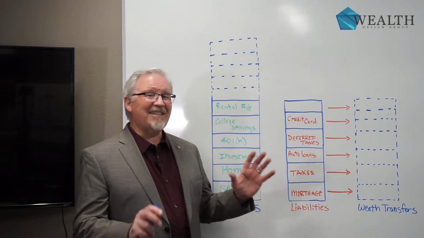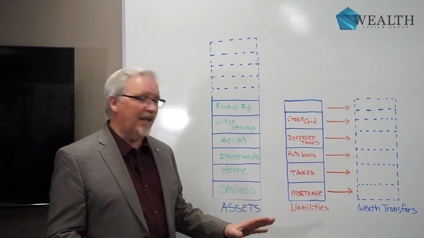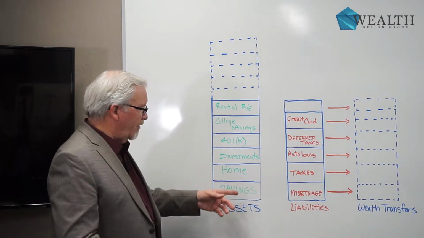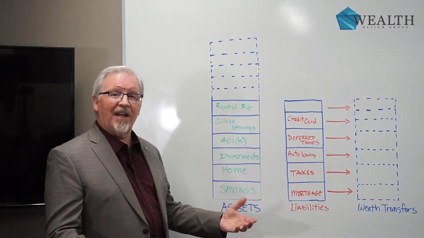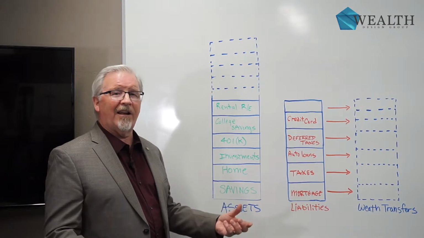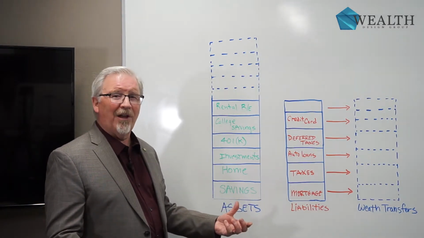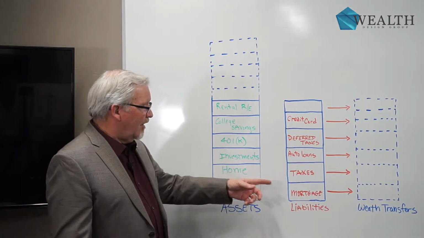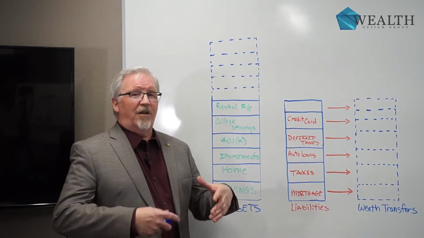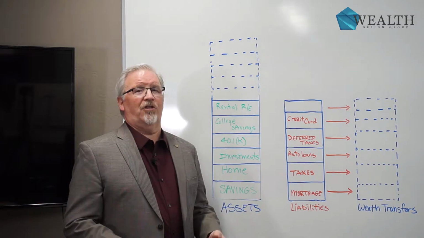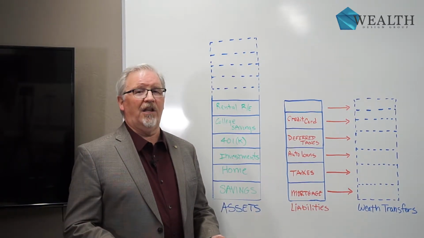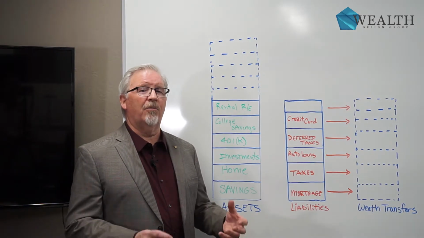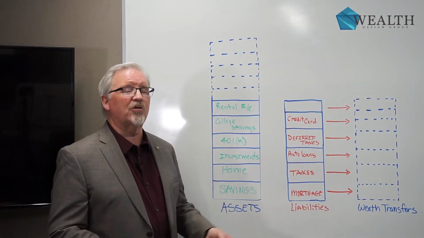Now, let's take a look at the next column. The next column are your liabilities. Okay? Now, if you've got a savings account, they send you a 1099 every year from the bank for the little amount of interest that they are actually going to pay you. It is a liability. You have to pay taxes on it. Okay? You've got your mortgage. Right? The way you do your mortgage, whether you've got a 15-year or a 30, may or may not be the most efficient way for you to handle that part of your financial world.